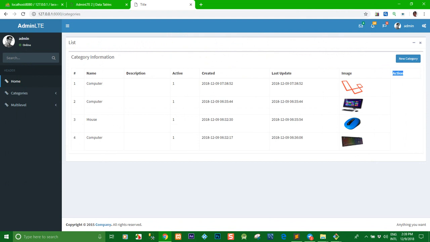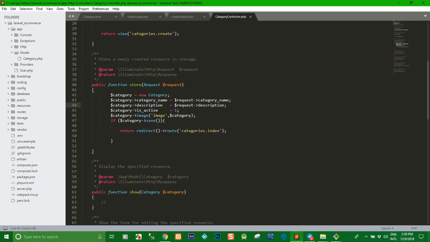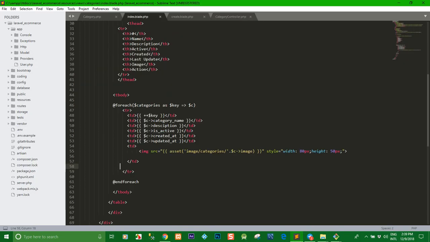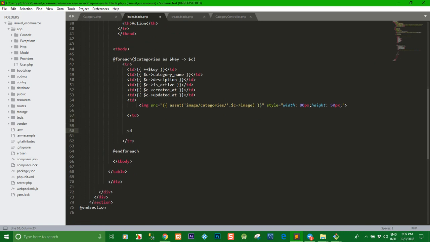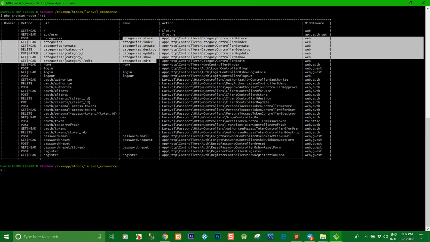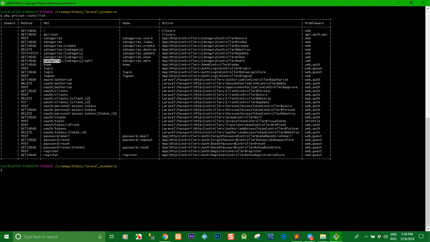So right now we want to use the action delete or update form. So we go to the index list. So I want to add tds. So the route name, go to the route list. You can see the edits. Yes, edit we call it like this. This is the route URL. This is the route name. So I copy,